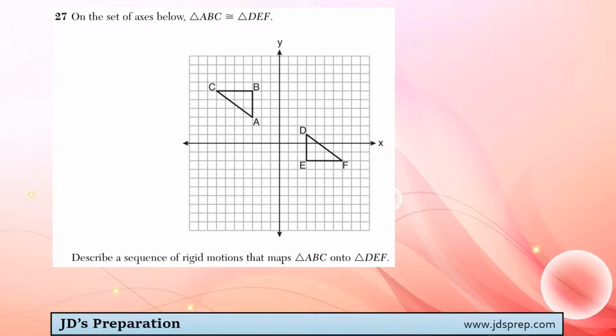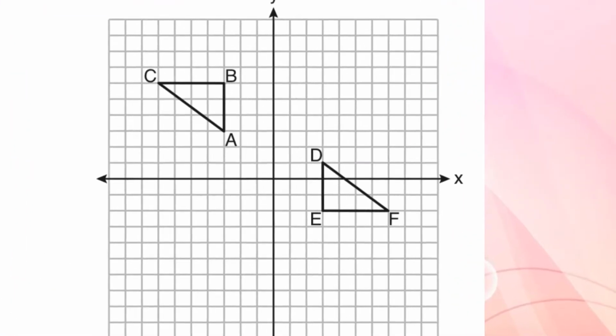For this problem, we're being asked to describe a sequence of rigid motions or transformations that would map triangle ABC onto triangle DEF. And there's actually a few different correct answers you can give here. So I'm going to show you a couple of them, starting with what I think is the easiest explanation,